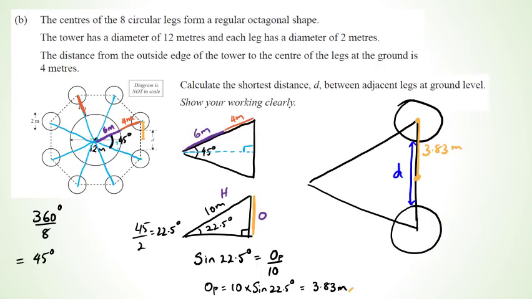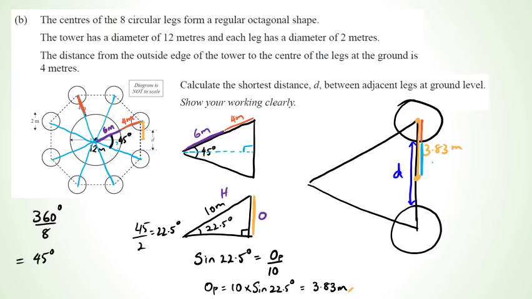The other thing that you need to remember is we also know the diameter of the little circle, which happens to be 2 meters. So that means from here to here is 2 meters. Yeah, I know, this is just one of those weird questions where there's so much work to do. And so basically D can be written as 2 times the light blue part. Okay, and I can figure out what the light blue part is because I can go 3.83 minus 2 meters, which should give me 1.83 meters, which means,